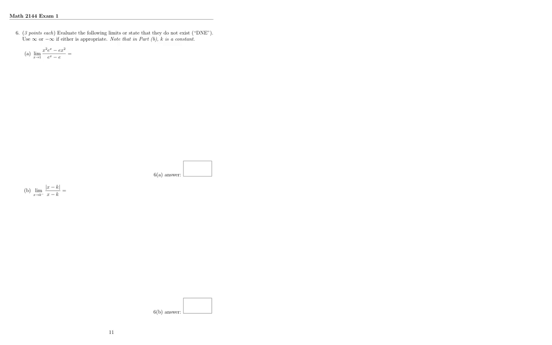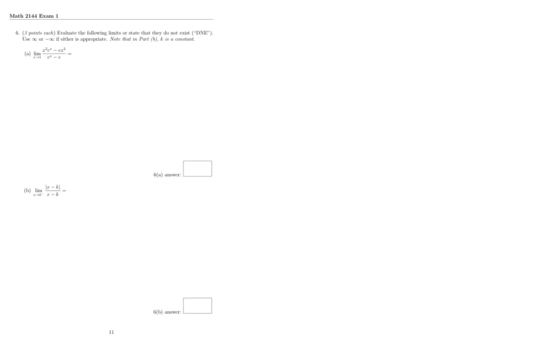Okay, for this one, I want to evaluate some limits. And so here I'm going to do some evaluation of these. I notice that if I plug in 1, I get e to the first minus e. The bottom is going to 0. So I'm probably going to need to do some kind of algebraic thing here to get rid of that